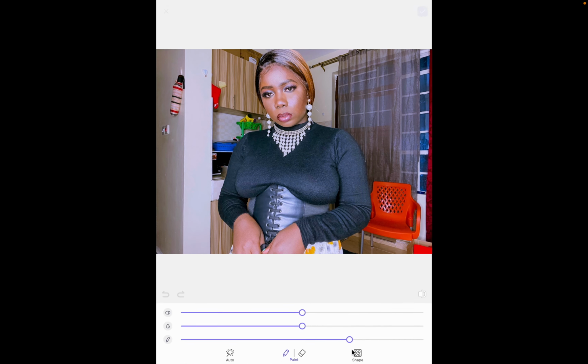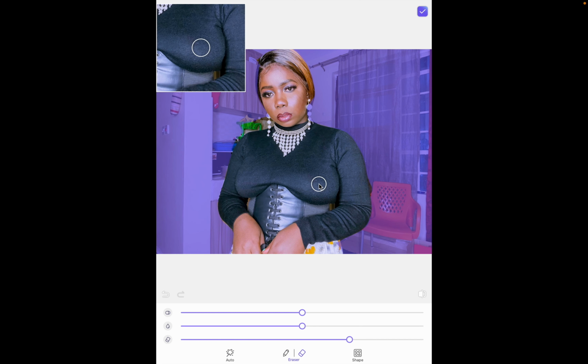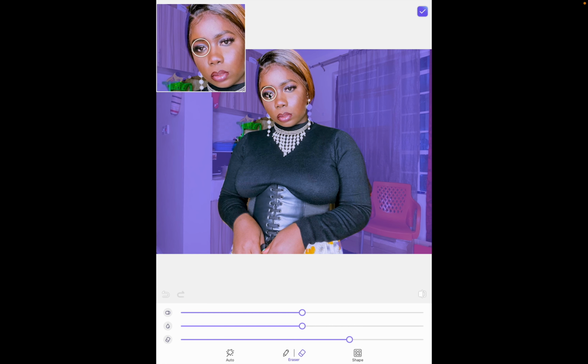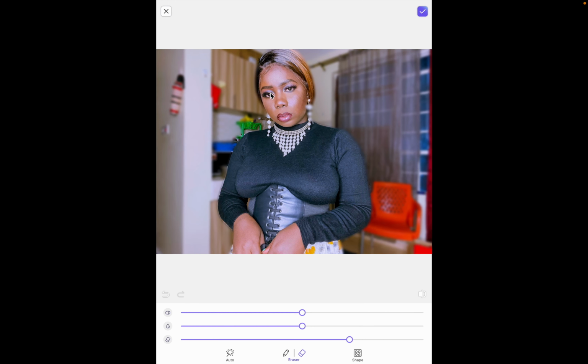Then we go to blur. And in blur, there is auto, there is paint and the eraser, then there is shape. I always go for auto. Then I press on it and see where it has been blurred that I don't want to be blurred. And already I see a tiny part of my hair is blurred. So I am going to reduce the opacity and